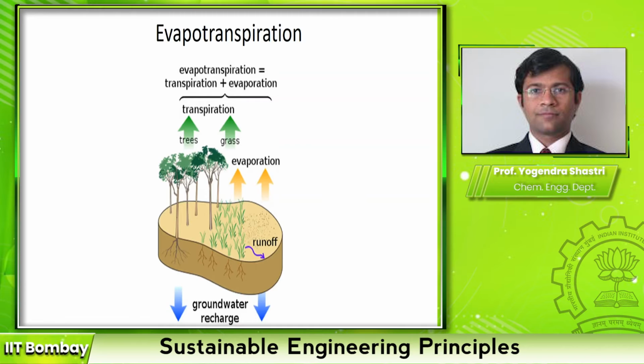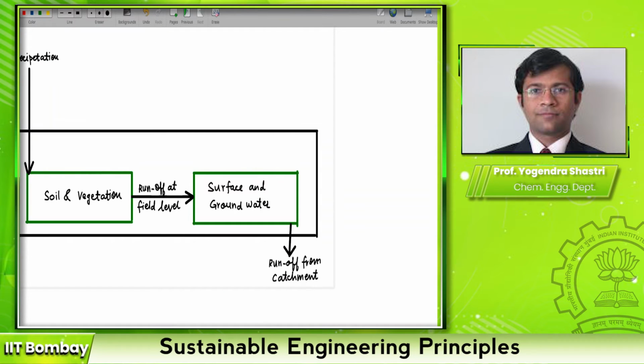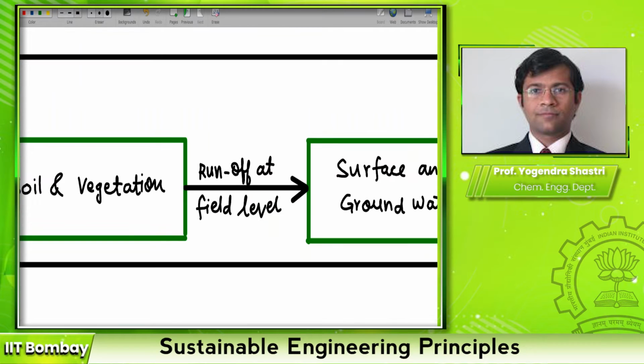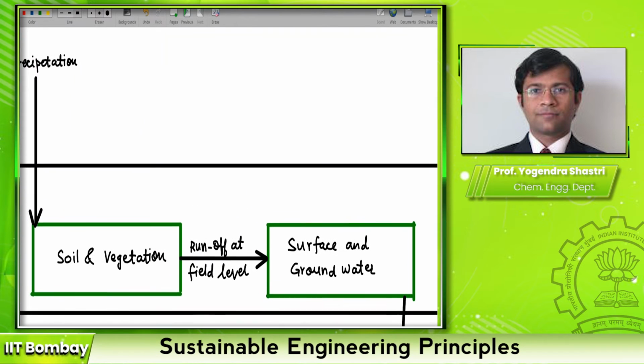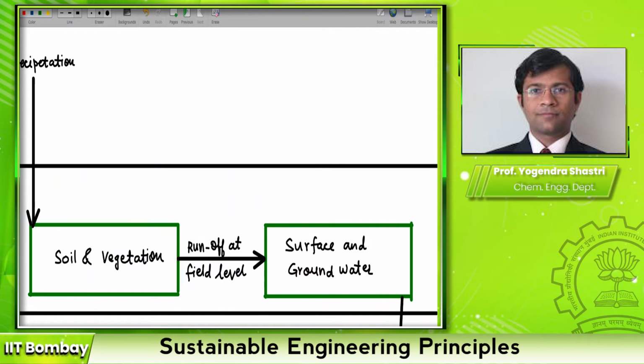green and blue water. So I will go to this figure, which is similar to the one that I had drawn previously, which represents soil and vegetation as well as surface and groundwater. So let us focus on the soil and groundwater component. Let us try to understand what happens to this particular water. So some of the water that is stored in this soil will be used for what is known as non-production related evapotranspiration. So let us first draw that.